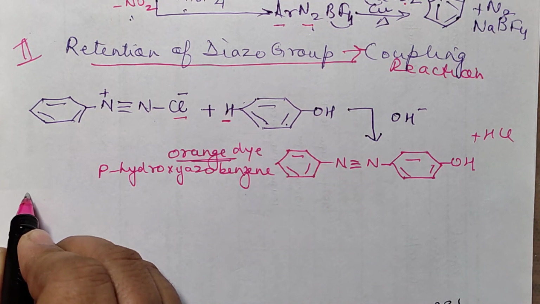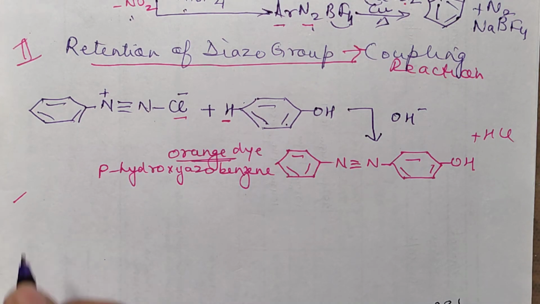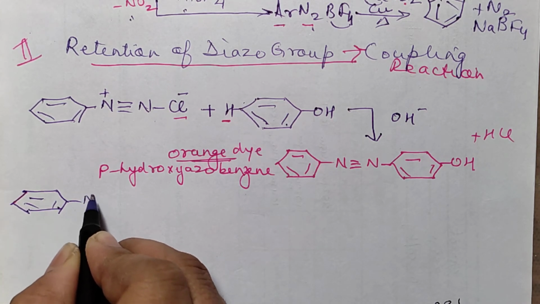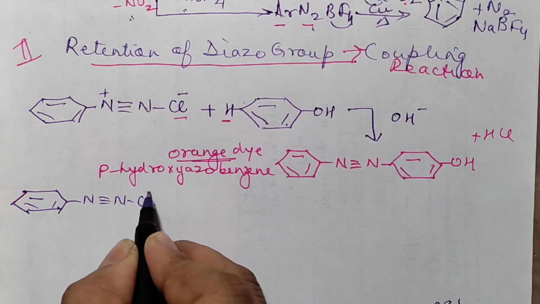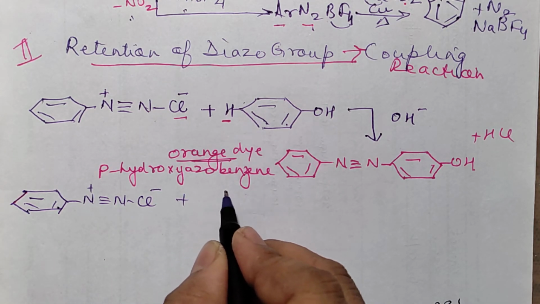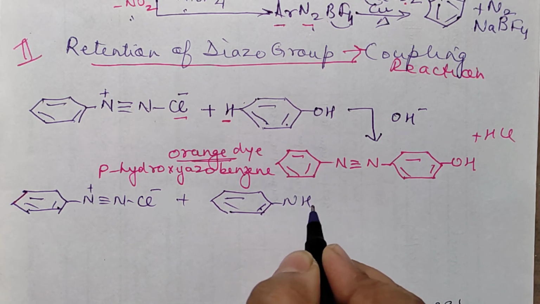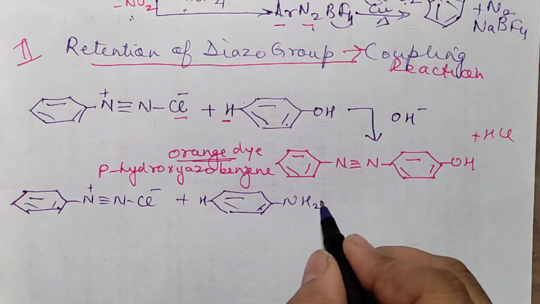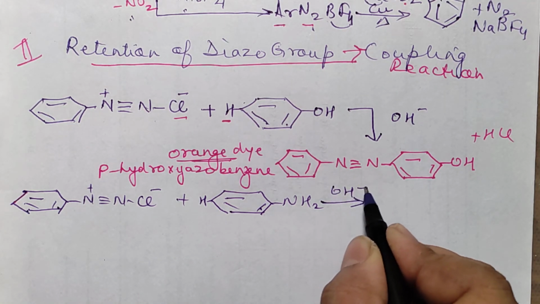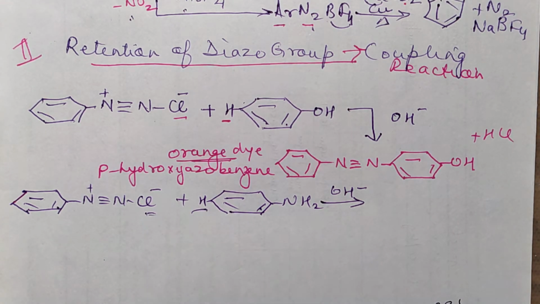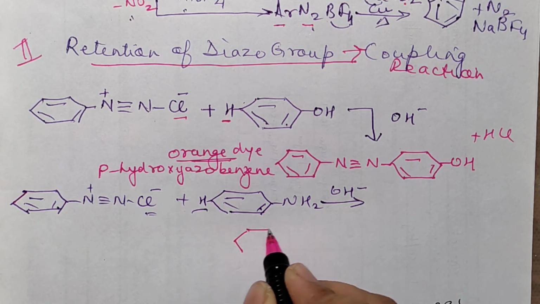Now, one more such reaction you have, that is with aniline. This part is the same as what we wrote earlier. Triple bond here, N Cl, this is minus, this is plus. Now instead of phenol, we are using aniline, that means C6H5NH2. This H I am writing separately. This is to be treated with the base, right? So again the same thing, you will remove HCl. So what will be the product? You copy this and paste it there. That's it, the product is something like this.